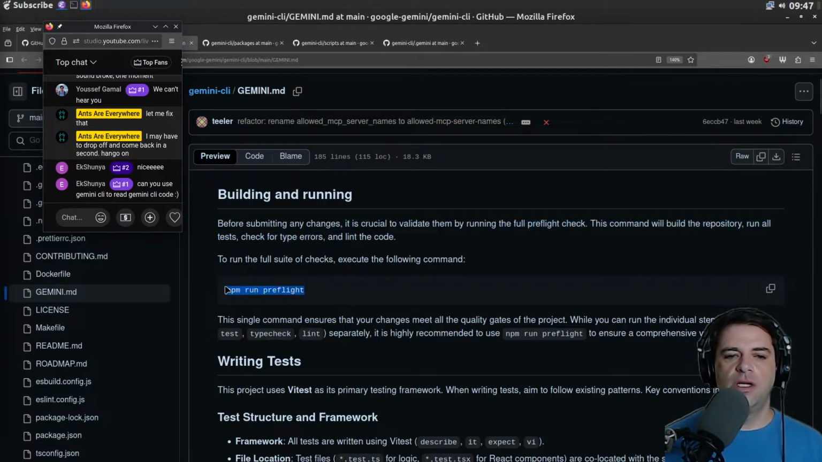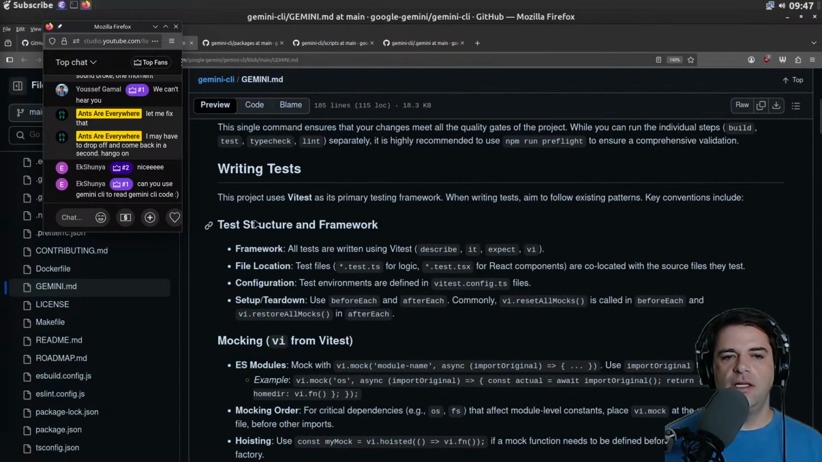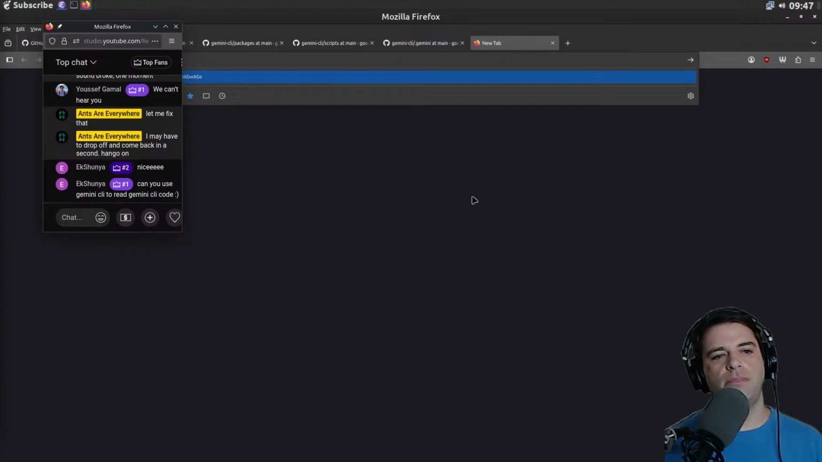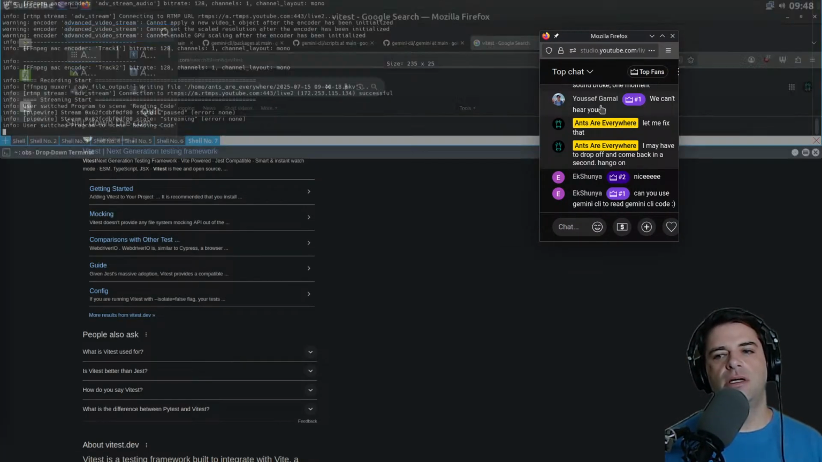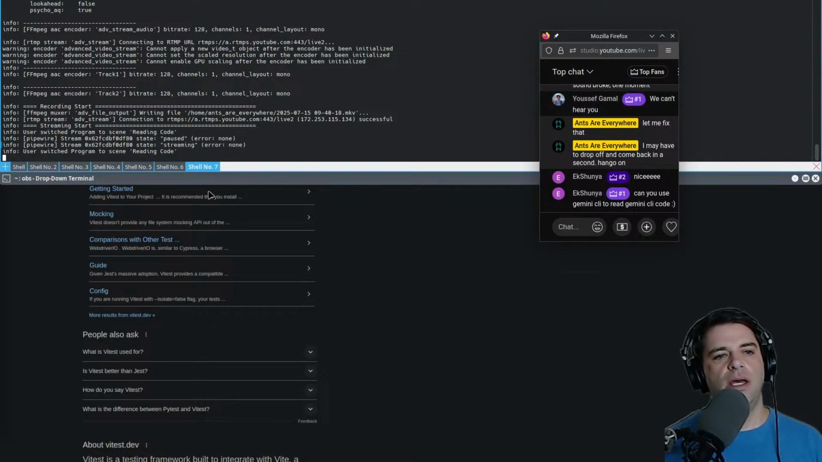Okay, so this is just running some build script. And writing tests, we use vtest as its primary testing framework. I don't know what that is. I assume it's a TypeScript testing thing. Vitest. Can you use gemini-cli to read gemini-cli code? I could, except that,